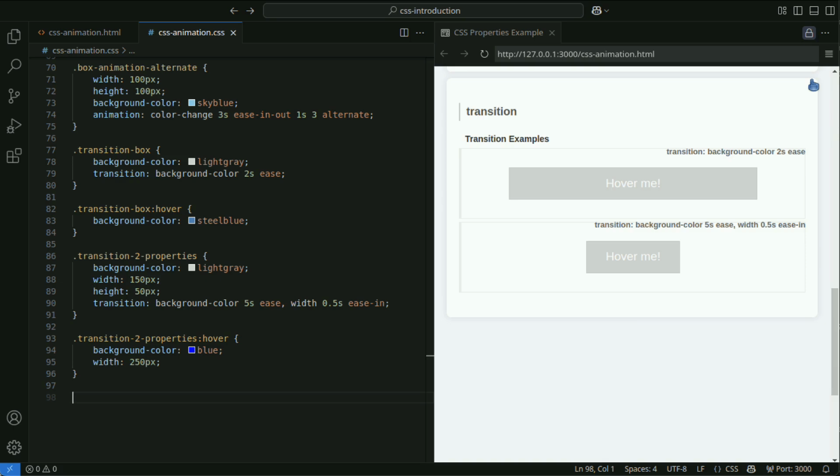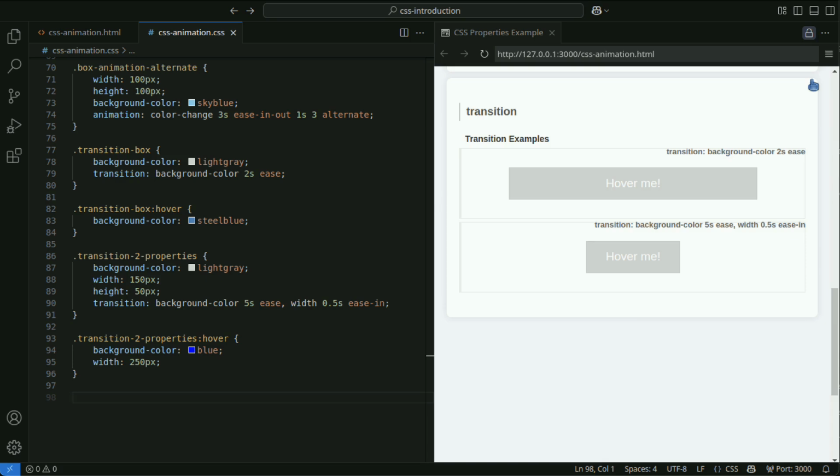In the transition-box class, the transition property applies a 2-second transition to the background color change. The change is specified as ease, making it smooth. The hover pseudo-class changes the background color from light gray to steel blue when the mouse hovers over the button.